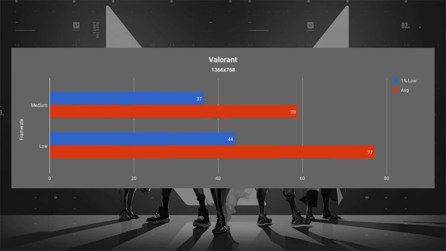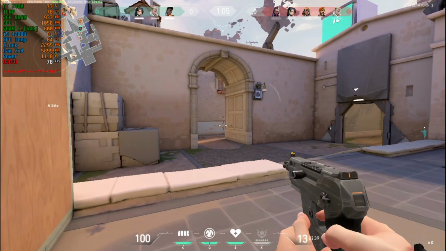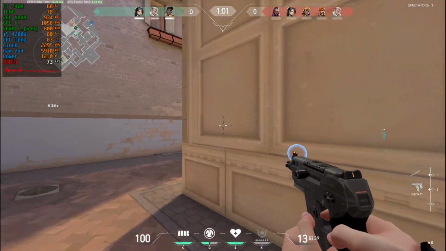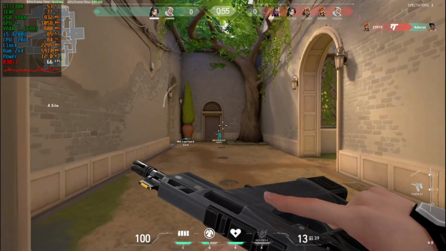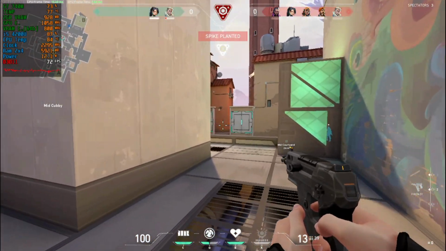Medium settings, the average is below 60 frames per second. It is still playable, but Valorant is an insanely competitive game, and you might want to have as much frame rate as possible, especially above 60 frames per second. So my personal suggestion for this game is really to play with low settings, which is not really bad because the difference in graphics between the low settings, the medium, or even the high settings isn't really that huge,